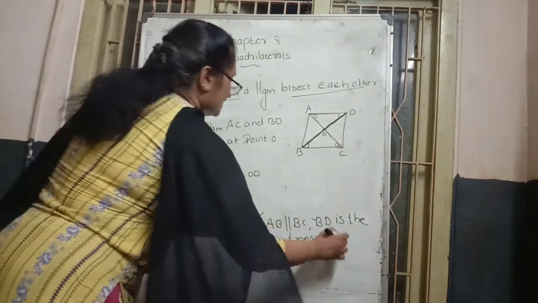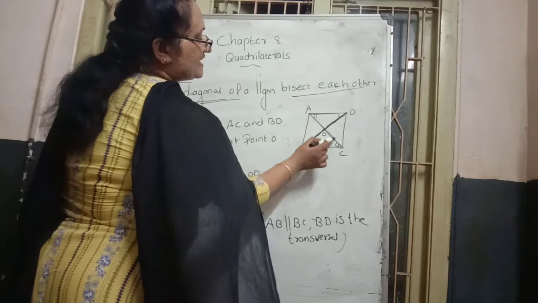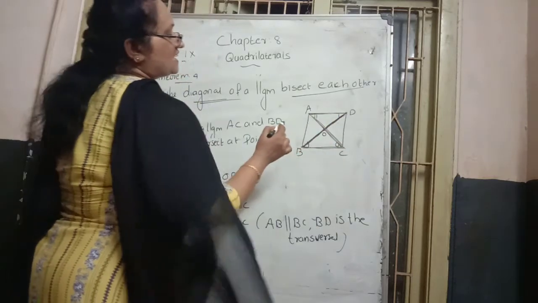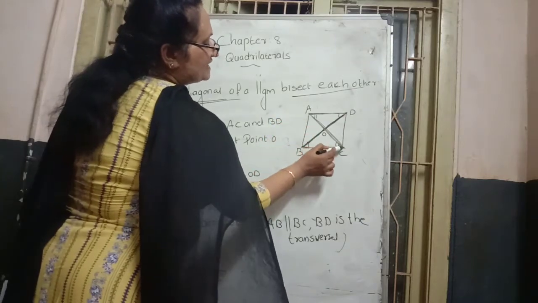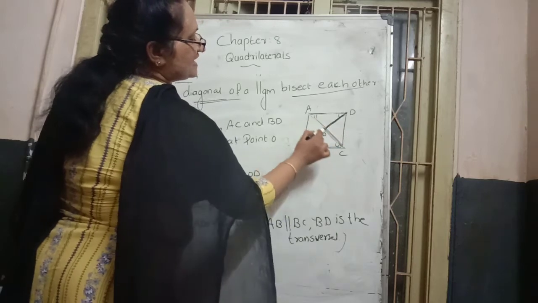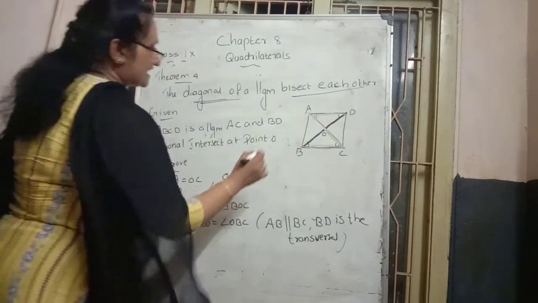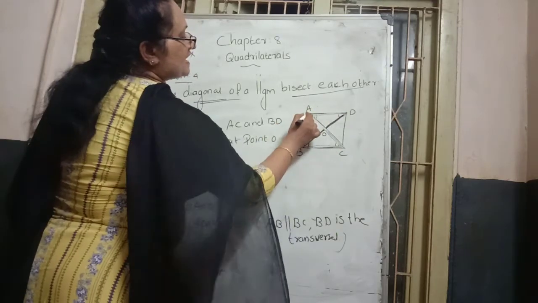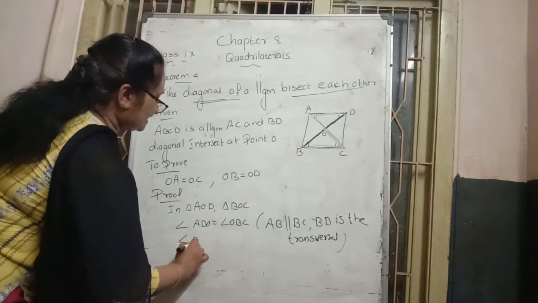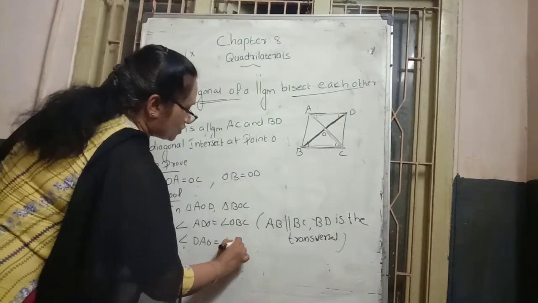That is the reason. Next we consider the second diagonal, AC. In this case also BC and AD are parallel lines cut by a transversal line, and AC is the diagonal. They make a Z shape, alternating in this way. Also we can write angle DAO equal to angle OCB.